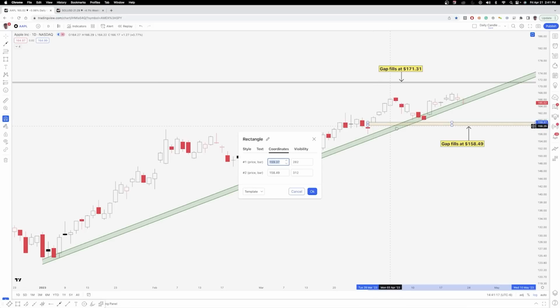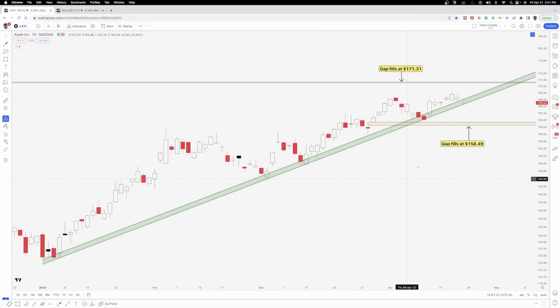And if you do want to draw a gap and you want to see the top and the bottom of the gap, just go to coordinates here. You'll see the top of that area is 159.37, but the gap would actually fill at 158.49. So 158.49 is definitely the area that you want to watch below if we have a daily close below this